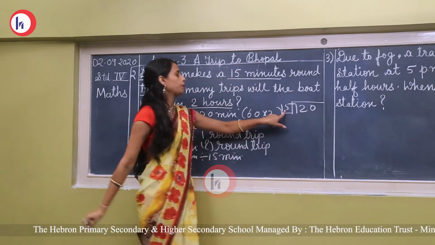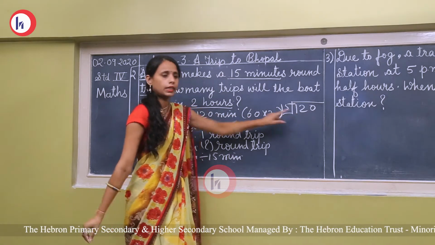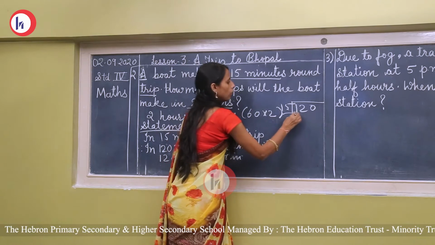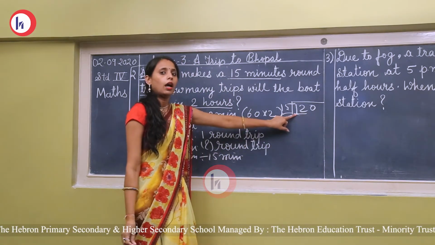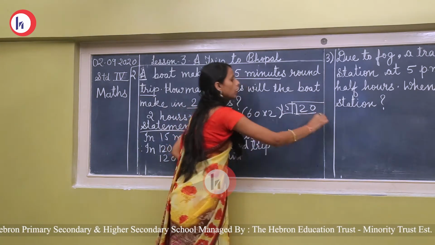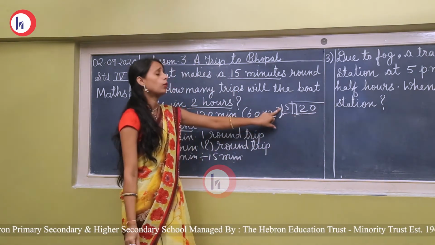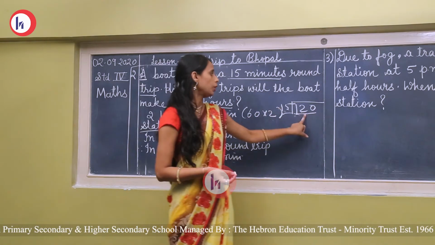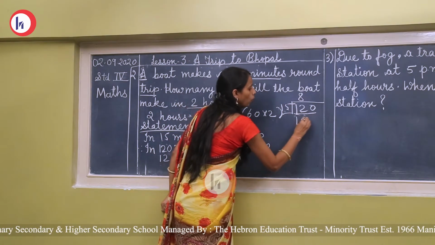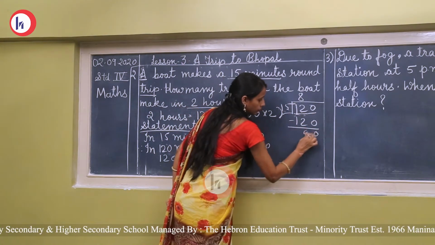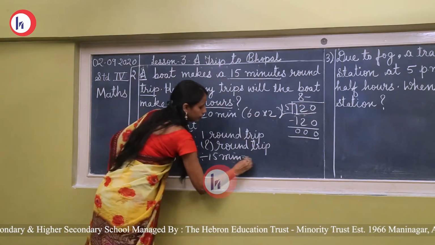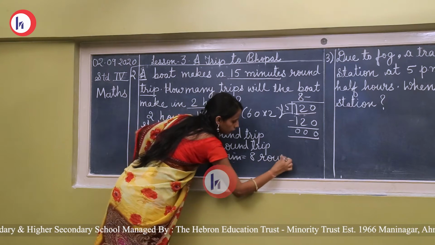Then see, the first step is to look at the first digit. It is less than 15, so we have to take one more. So 12, but again it is not greater than 15, so we have to take this one also. That means 120. So take the table of 15. In the 15 table, 120 comes at 8 times. So 15 eights are 120. So the answer we get is 8 round trips.